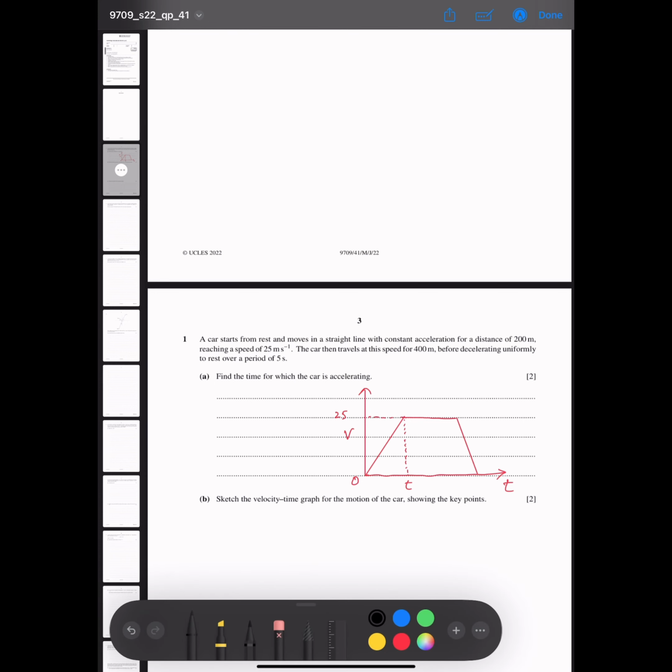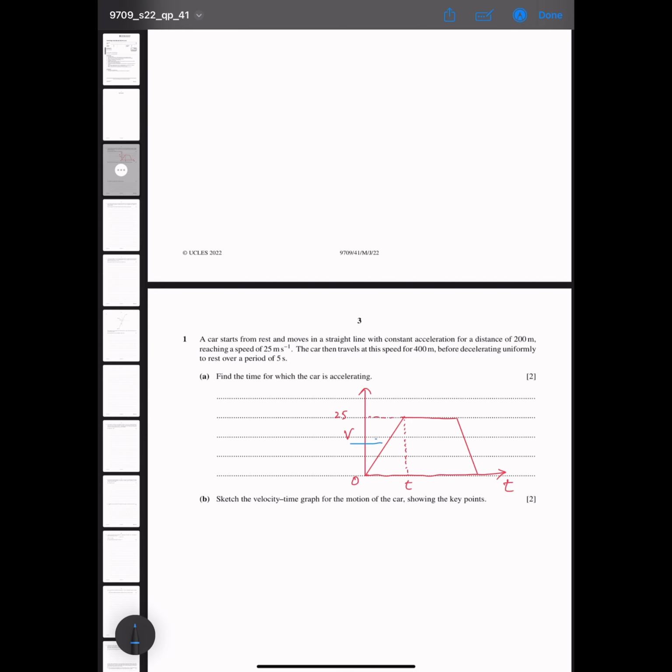A car is accelerating from 0 to t सेकेंड. ये देखें यहाँ ये लाइन जो है ये शो कर रही है कि कार इज एक्सेलरेटिंग. तो डिस्टेंस कवर्ड फॉर दिस इज टू फॉर टाइम टी डिस्टेंस इज कवर्ड 200 मीटर. तो यहाँ पे ये डिस्टेंस जो है ये 200 मीटर है. तो वी हैव टू फाइंड द टाइम फॉर विच द कार इज एक्सेलरेटिंग. ये हमने टी टाइम फाइंड करना है. तो डिस्टेंस कवर्ड when